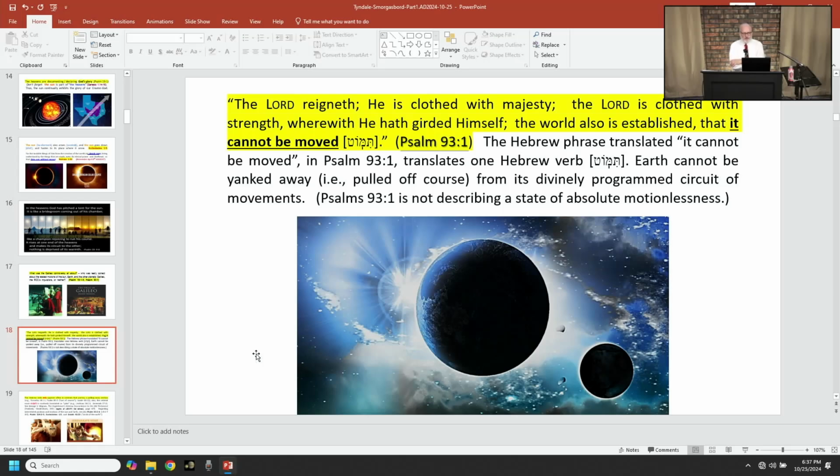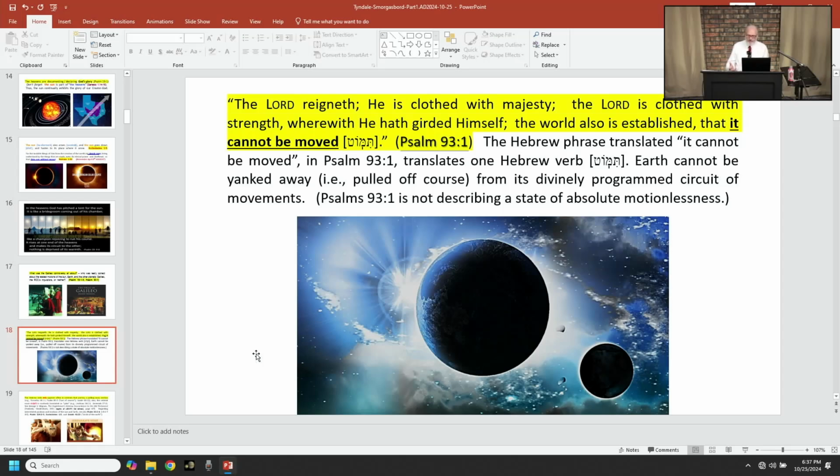And Psalm 93:1 is translated like this: "The Lord reigns, he is clothed with majesty. The Lord is clothed with strength, wherewith he has girded himself. The world also is established, that it cannot be moved." Okay, so some of the inquisitors argued that Psalm 93:1 said the earth can't be moved, therefore it's motionless. Well, they didn't do very good in their Hebrew,